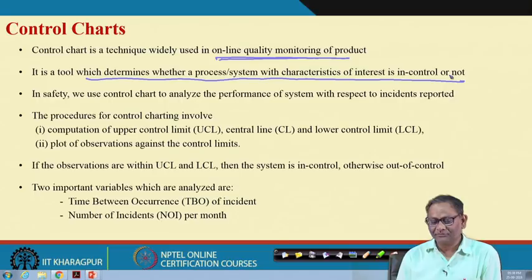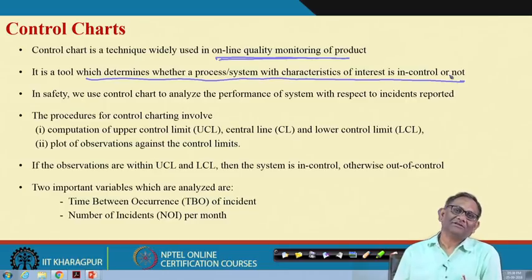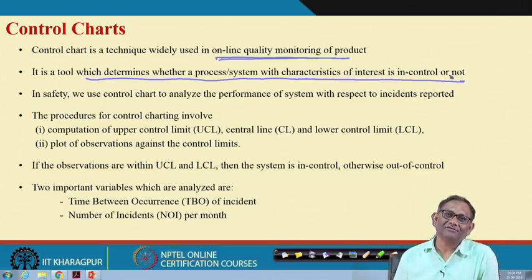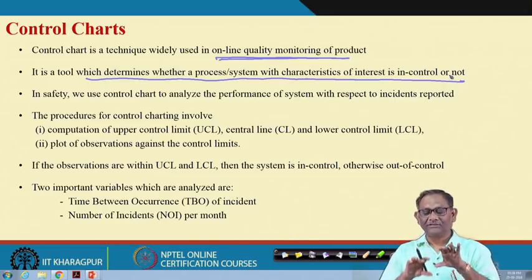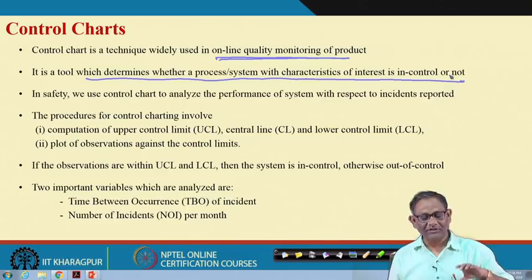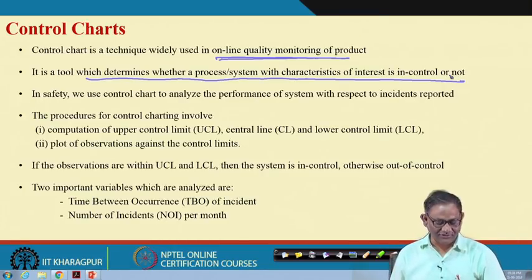But from the safety point of view, we are basically interested in the deterioration part, but the improvement part is also equally important, because if at any time we find an improvement, then we can look into why and how that improvement has taken place, and then that can be followed. Essentially then, a control chart talks about the capability within which a process or a system will perform, and beyond that if any situation arises, then that can be attributed to assignable causes. That is what we will see.